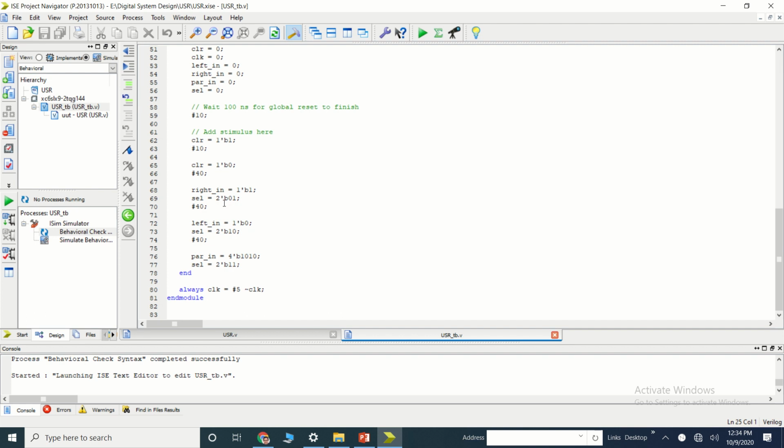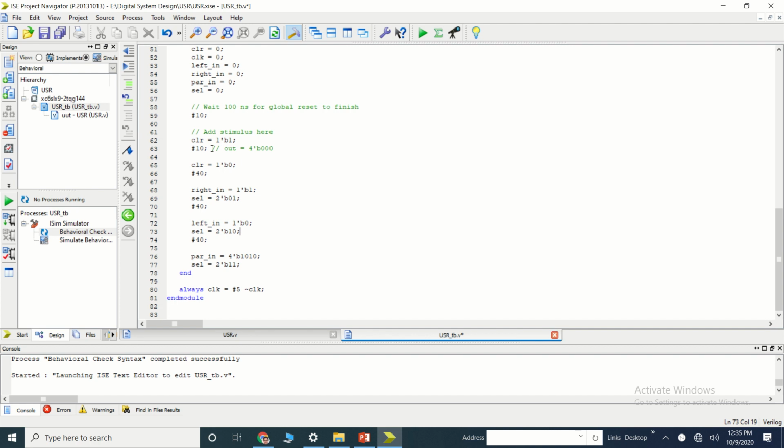What I have done in the test bench, first we have cleared, okay, reset the register, then we have made the clear 0. So when this clear is 1, our output would be stored as 0 0. Okay, so here out is equal to 4'b. Then after that, we want the right operation. So the right in bit is provided as a 1. At the same time, we have to change the mode, that is 01. Mainly we are checking the right, left, and the parallel load. So directly I have selected the selection mode 01.